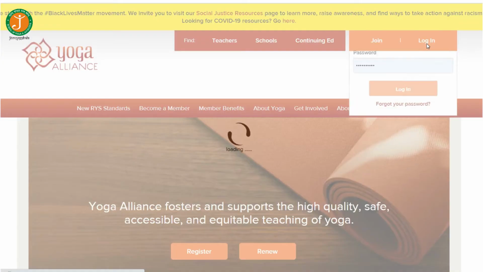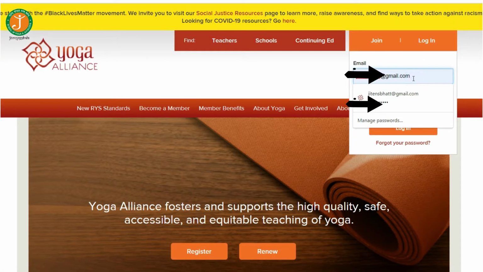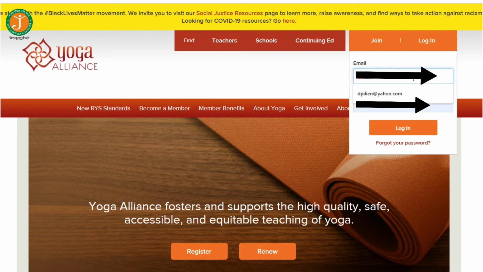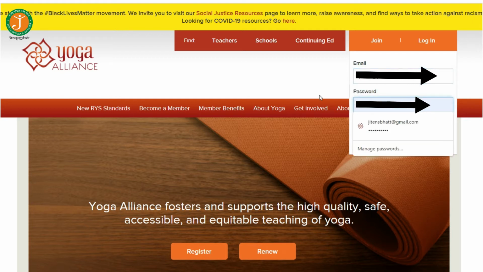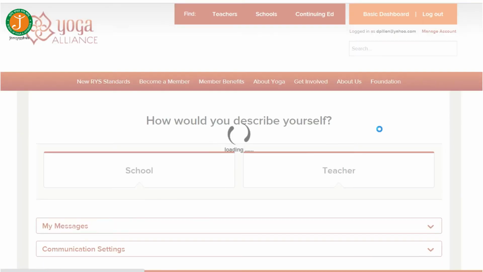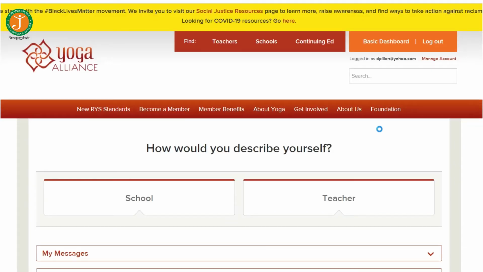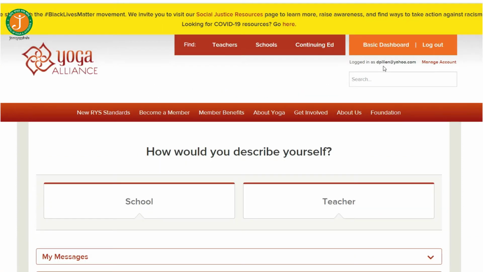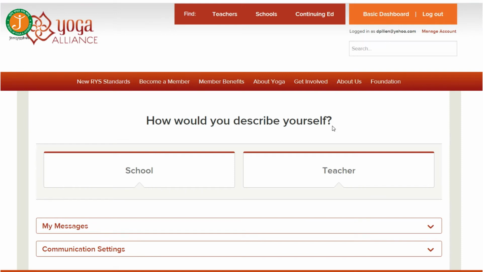Step 2. Once you have set up your account with Yoga Alliance, now click on the Login button and enter your login email and password. For YTTC certification, click on the Teacher tab and then go to Dashboard.